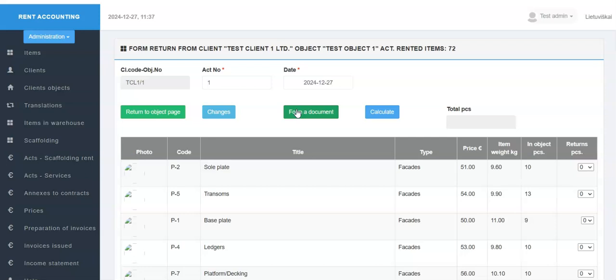Also, from this page, by pressing the appropriate buttons, we can go to the pages of the client's object and scaffolding components changes in the client's object.